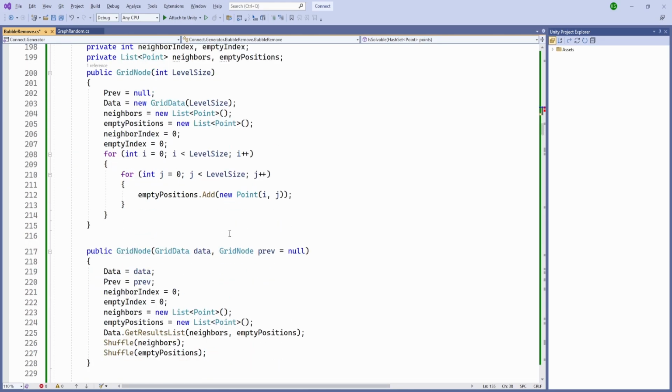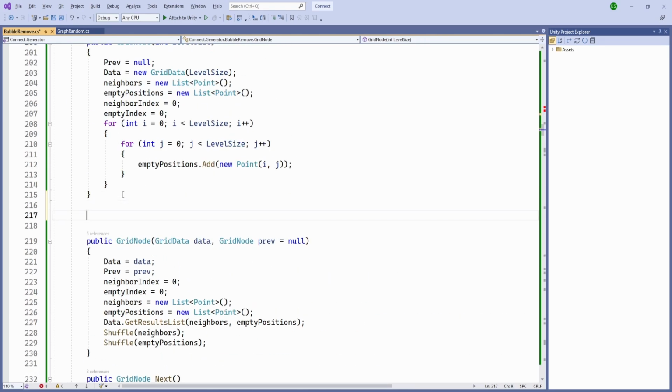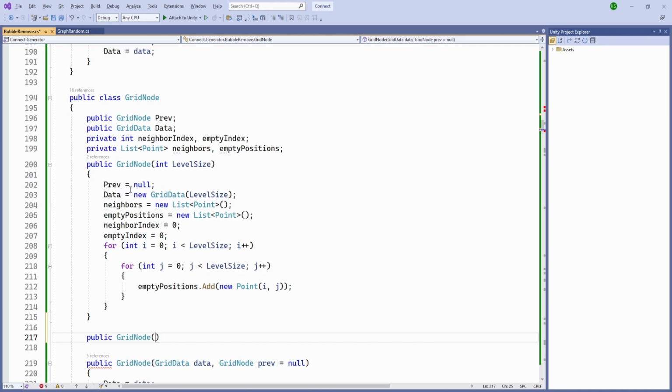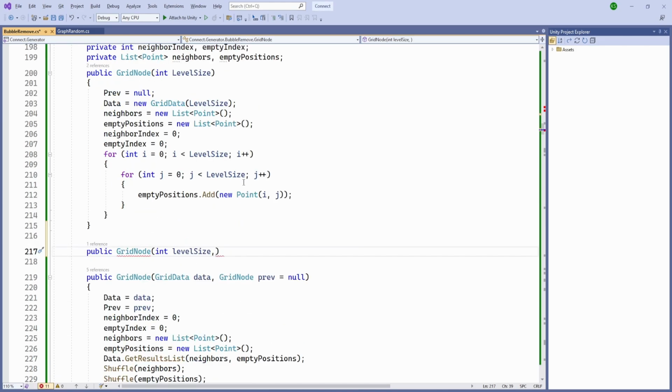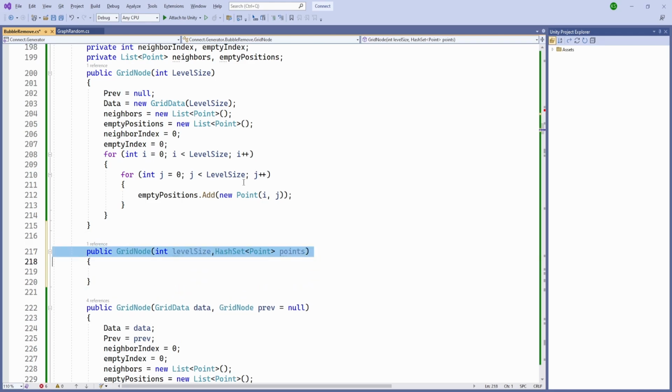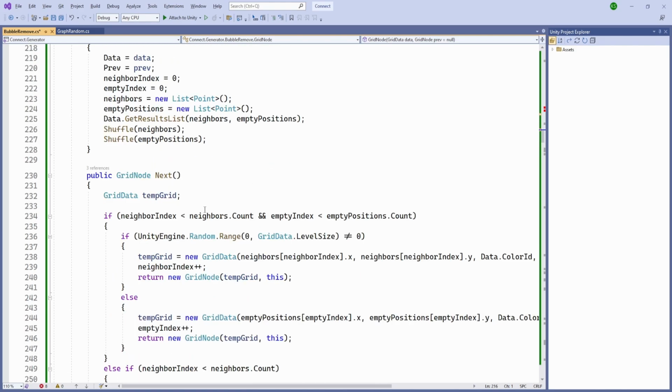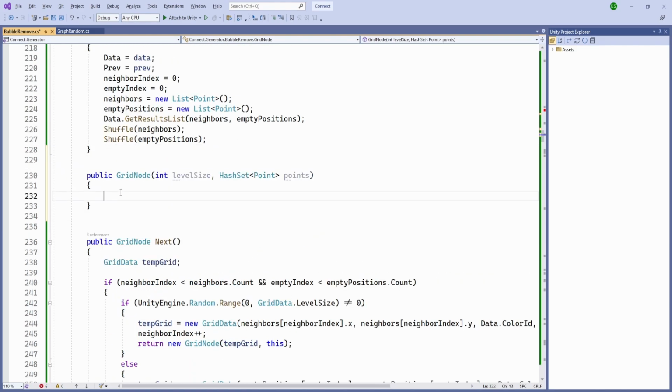So we'll need to create a new constructor where we are going to pass our points. So we'll need to first get our level size, and then we are going to create our hash set. So let's create a hash set of point, and we'll just call this points, and let's put this at the end because it's going to be a new constructor, and previous is going to be set to null,